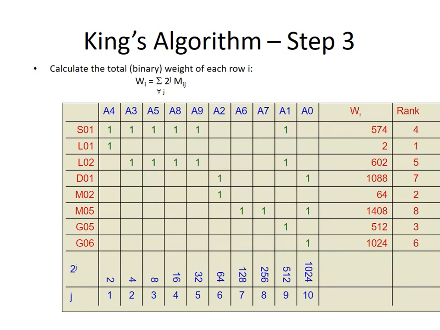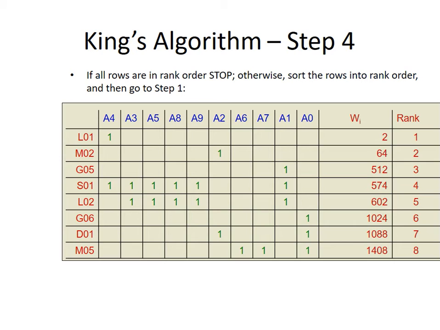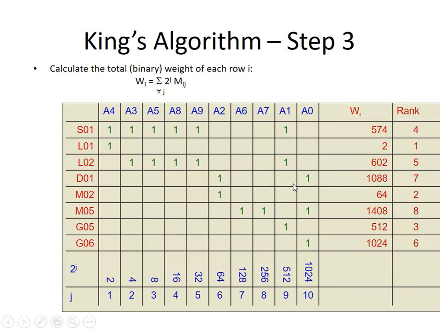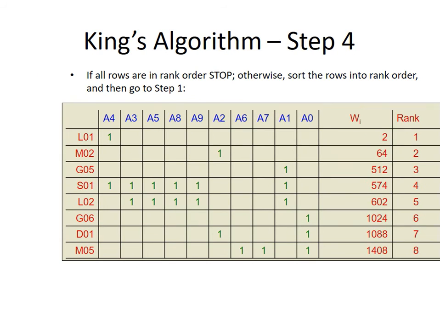Yeah, so we have already sorted the row wise also, and here you can see if all the rows are in rank order, and here the rows got changed, so there is no possibility or chance of getting all the rows in the rank order, because the rank got sorted and we have changed these particular rows. So we can't stop over here.